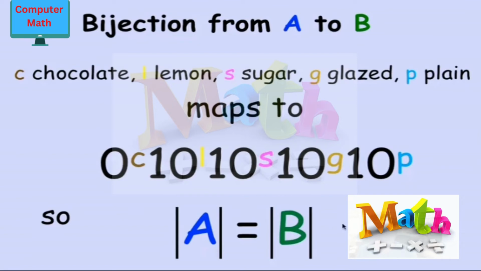And so what we can say is that the set of 16-digit words with 4 ones is exactly the same size as the number of donut selections, even though at this moment we don't know how to count either one. We will see in the next lecture an easy way to count the number of those 16-bit words with 4 ones. But for now, our conclusion from bijection counting is that these two sets are the same size, even though I haven't counted